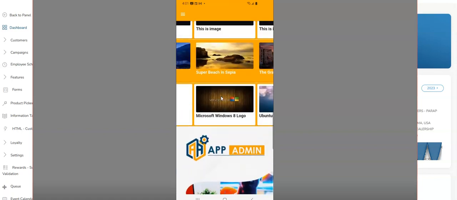Hey everyone, today we're taking a quick look at one of our newer features. We call it the news feed, and what it is, if you're looking at my screen now on my phone, when I scroll down at the top of this screen, we've got these